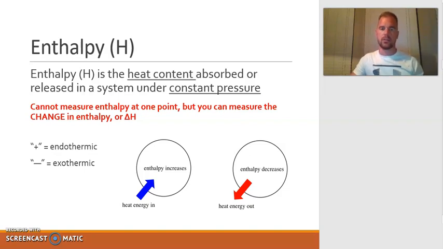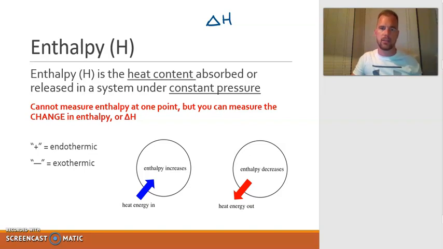Now, you're like, what? What's going on? So, lots going on. We're going to try to make this as easy as possible. You may remember seeing delta H in previous topics. I know we saw it in topic, I want to say topic 9. We also saw it in topic 8, because remember we had heat of vaporization, heat of fusion, and all that stuff. So delta H stands for change in enthalpy,